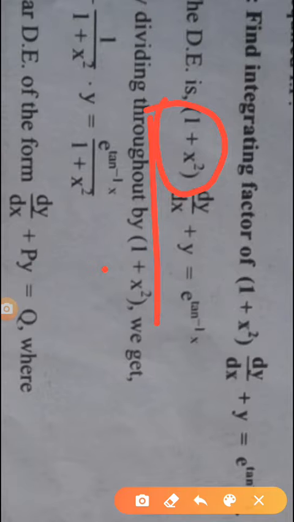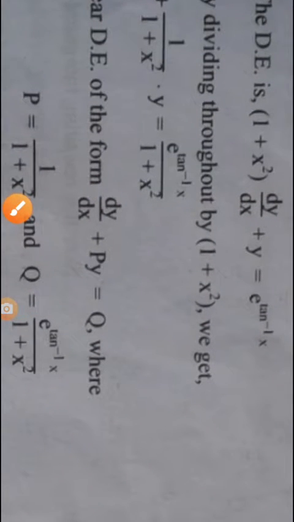Because in the general form of a linear differential equation, there is no coefficient of dy/dx, and here 1 + x² is present as a coefficient. So to remove this coefficient, we divide throughout on both sides by 1 + x², and then the equation becomes